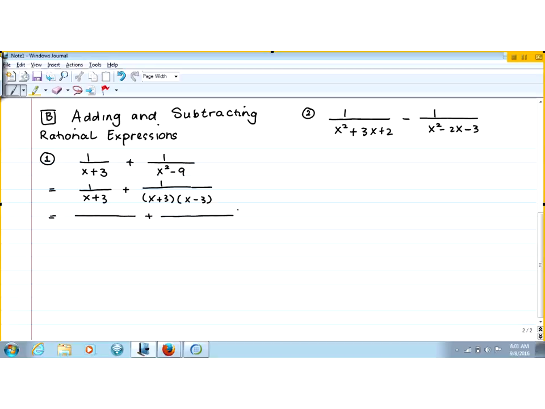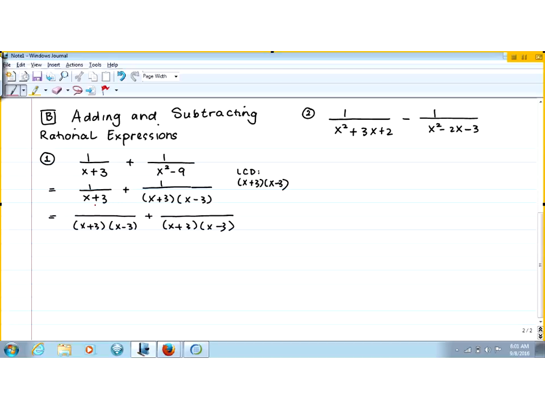So we're going to rewrite both using the LCD. So the LCD is x plus 3, x minus 3. Right? All right. That's my LCD. So the LCD is x plus 3, x minus 3. Yes. Now,